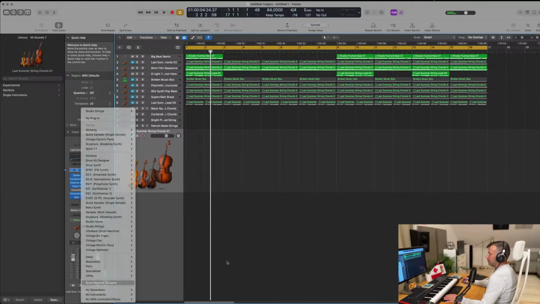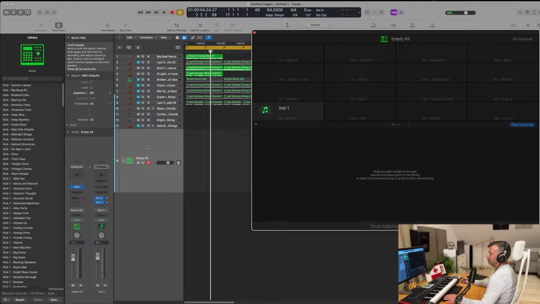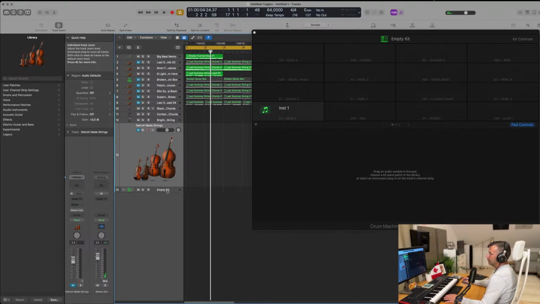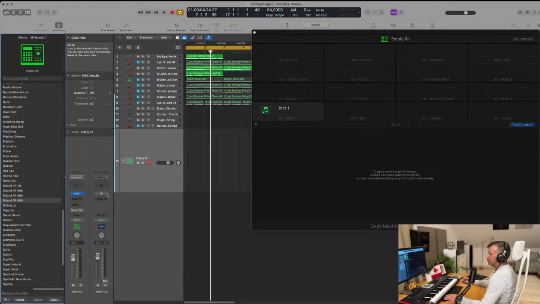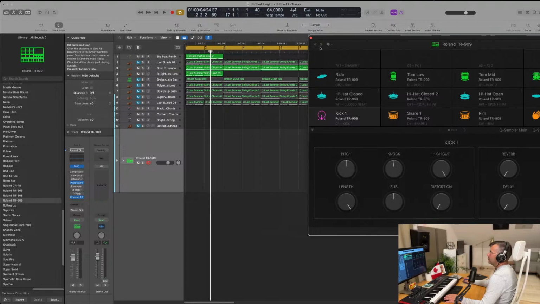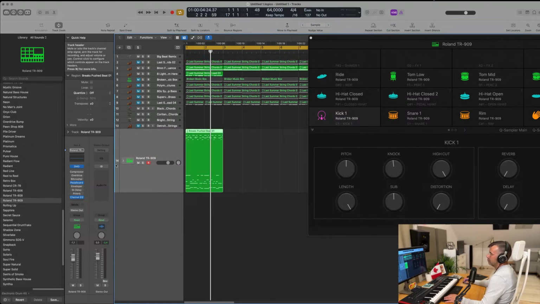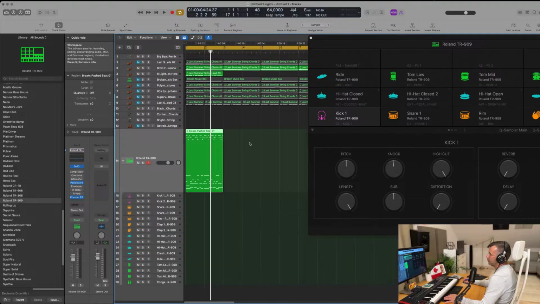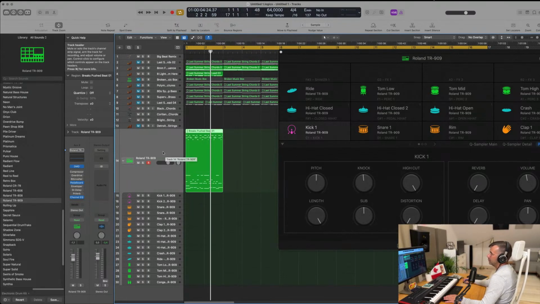I'm gonna drop a drum machine designer. I'm gonna probably take a basic kit, like a 909, to get started. TR. This one here. I'm gonna drop the MIDI of our beats just in the main window, so that I will not trigger notes. It's just to hear the difference between what we had and what we could have. Of course, I will have to divide it into different parts, but